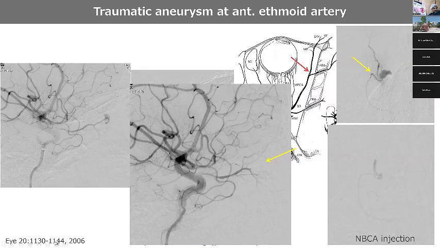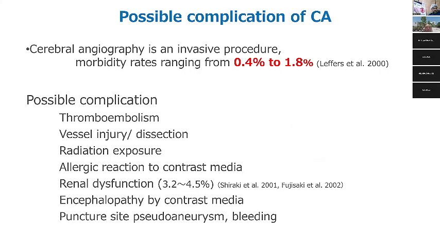So I'm going to close this session with some cautions. Catheter angiography is very valuable, but DSA still has some risks. The percentage is around 0.5 to 1%. Complications include thromboembolism, distal dissection, allergy, renal dysfunction, and puncture site problems or something. So we have to